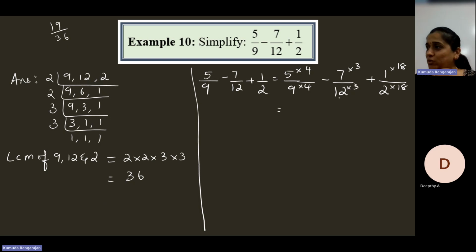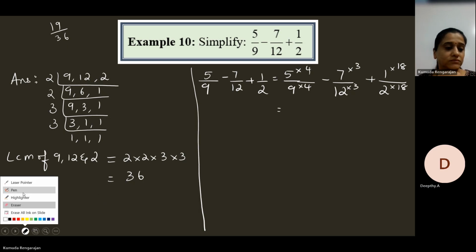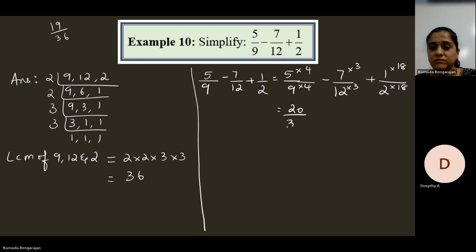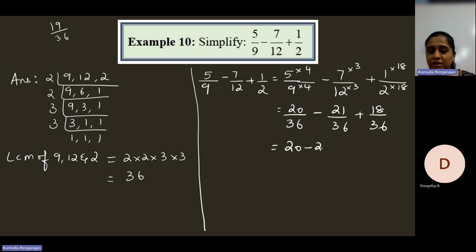See the next one. What's the denominator? 12. So how do you get 12? 3 2s are 6, 6 2s are 12. So what's the remaining prime? 3. So we multiply and divide by 3. Recall now? Yeah. So now you will have to write as 20 minus 21 plus 18,